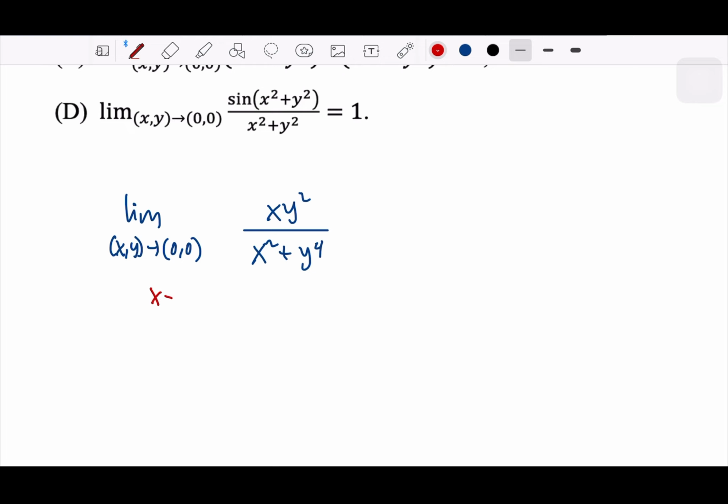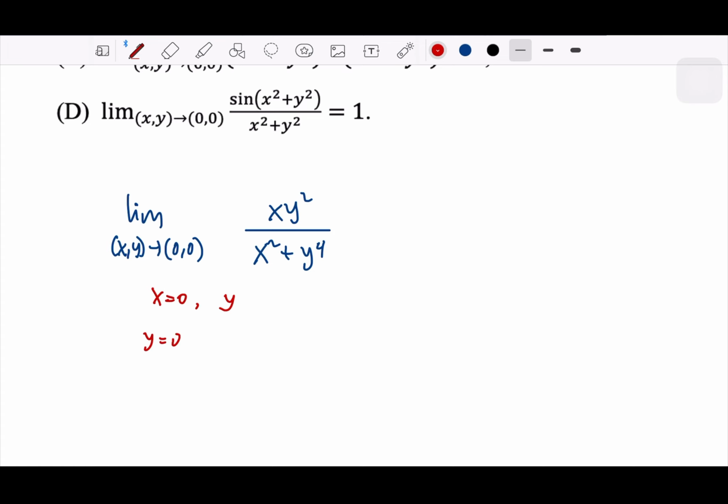We can have a path of x equals 0, in which case y is just a variable and we will have 0. The result for the limit is 0. When we have y equals 0 with variable x, we also have 0. It seems true, but if we check with